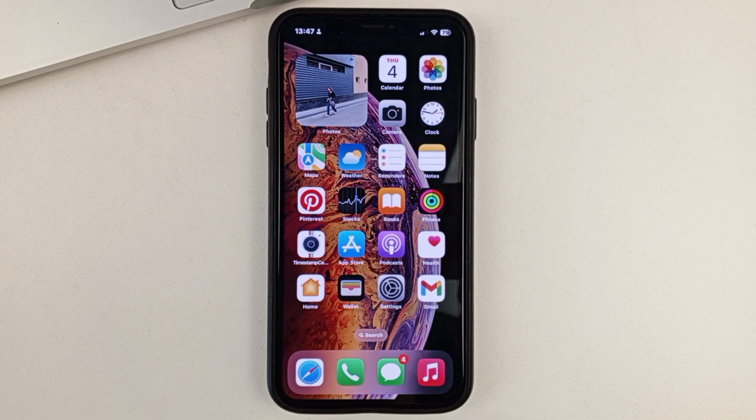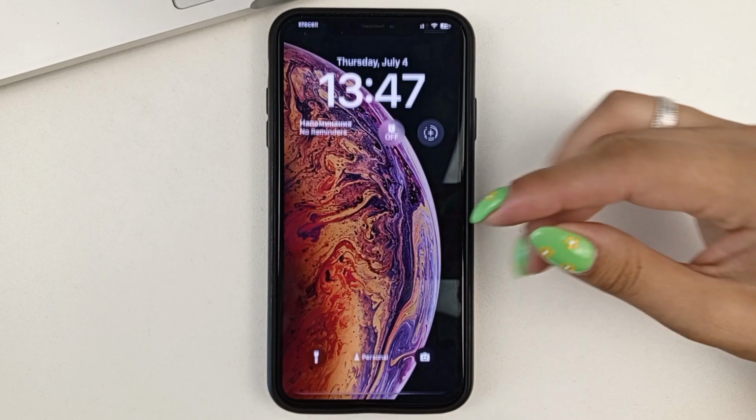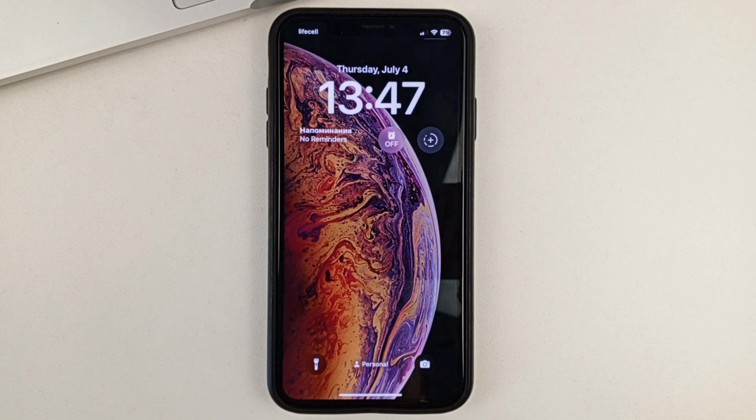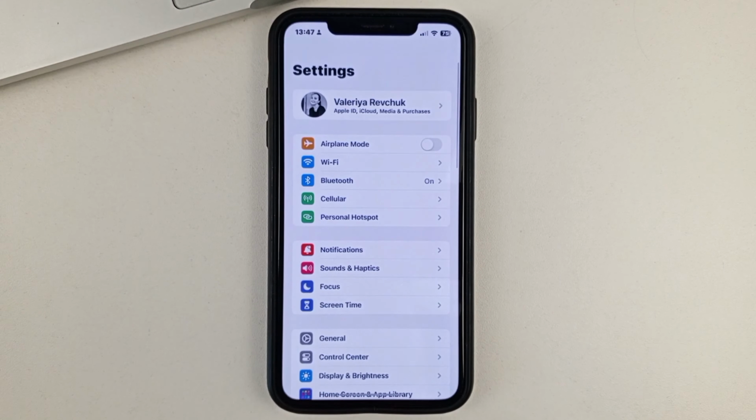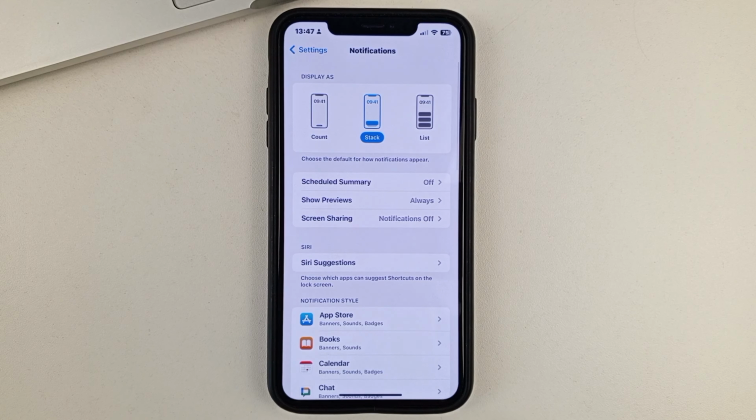And let's get into this topic. Let's say you have notifications on your lock screen on your iPhone, and you'd like to hide them because maybe there's some sensitive information there, and you just don't want anyone to be able to see your messages that are coming to you. Then for this, you will need to go to the phone settings on your iPhone and then select the notifications option.